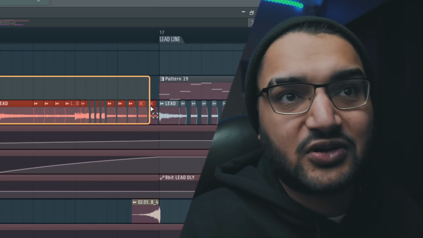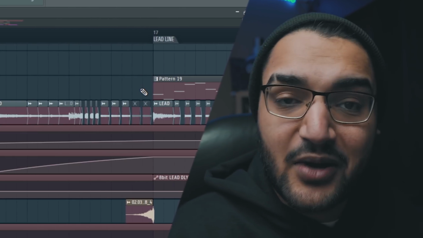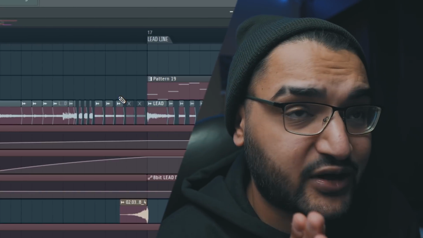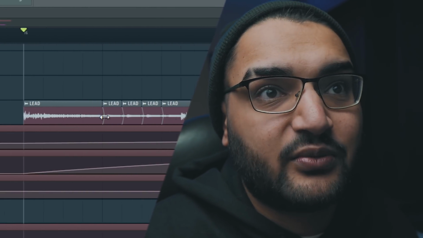So let me break down the saucy tip number 4.1, because the first one is to take all of the melodic elements here, chop them up, tighten their performance so they sound percussive, and then move the performance within that until it sounds like it's hitting on the beat. And then we ended it with a little